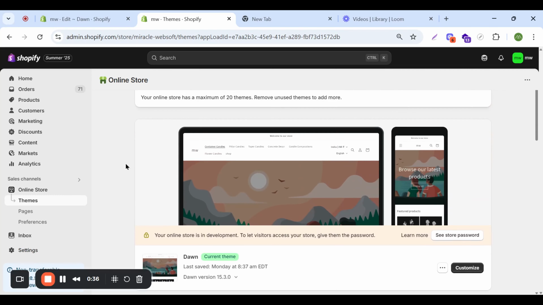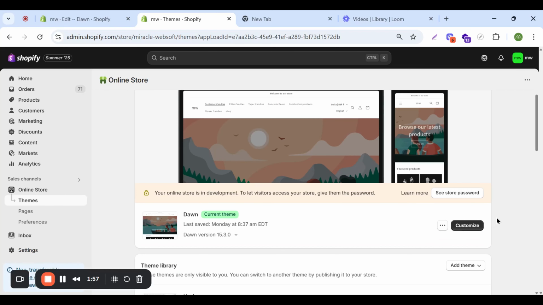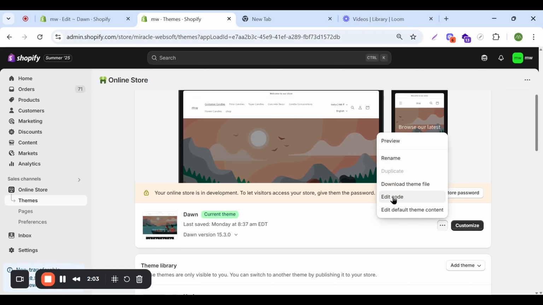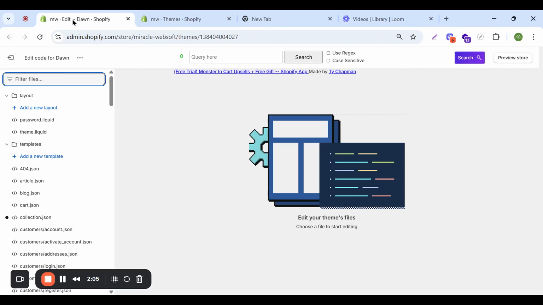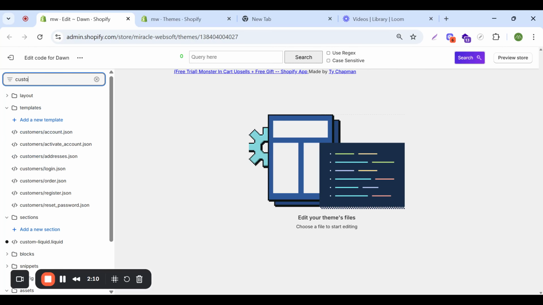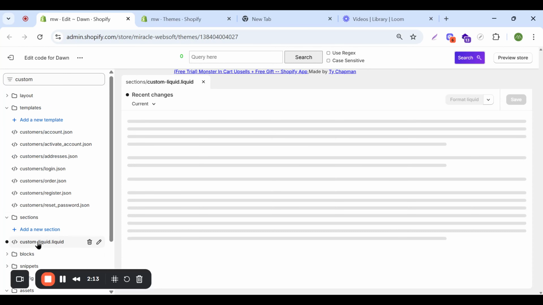Yes, we will do it with the code, but only 2-3 lines of code. Pick any Dawn theme in which you want to add that functionality. Just go to three dots, edit code, as my code is already open. So here you just have to search for custom, go to the custom liquid file,